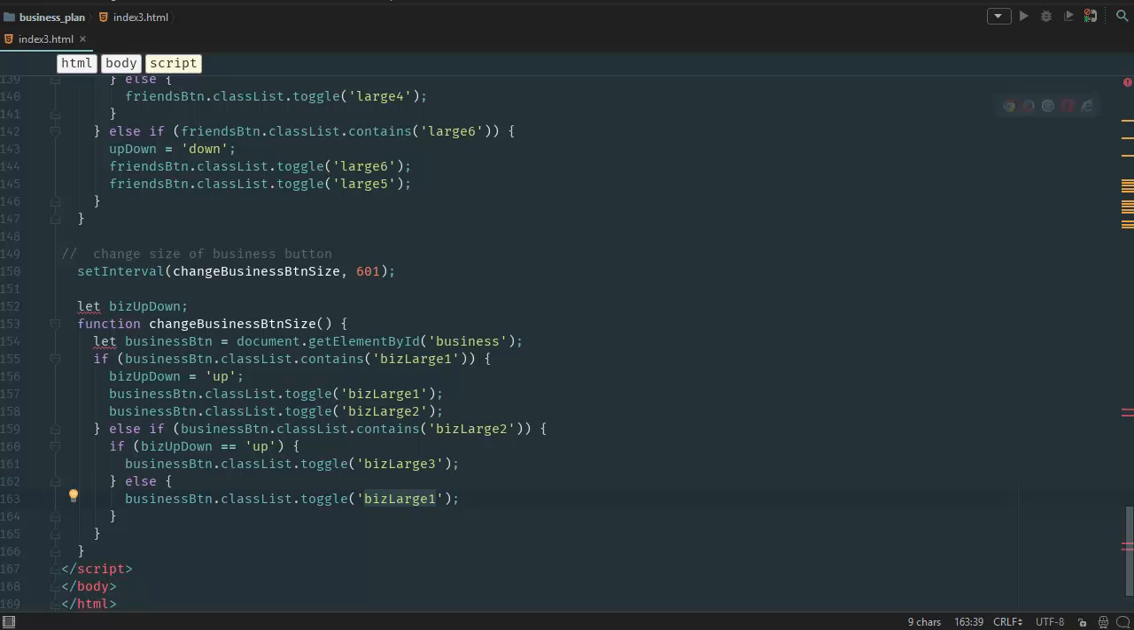So what we need to do is, I think we have to create another business large. So it's basically going up. It starts at biz large 1, it goes to biz large 2, and once it's at biz large 2, it goes to biz large 3. But once it's at biz large 3, we have to make it go back down to 2. So that's what we're missing right now. So we have to go to